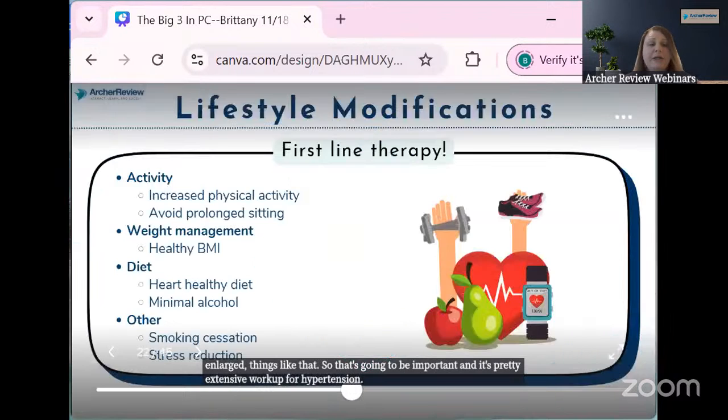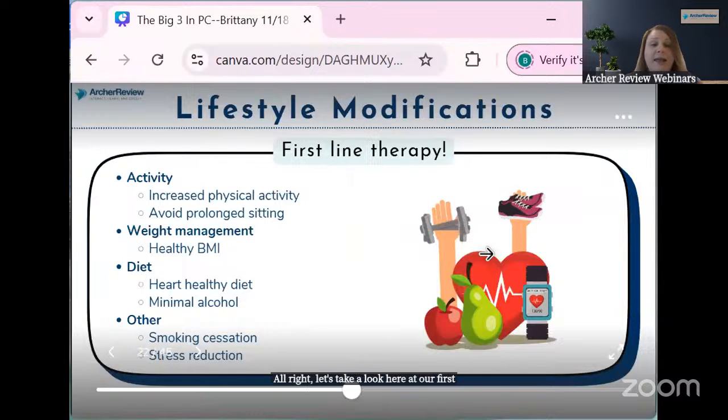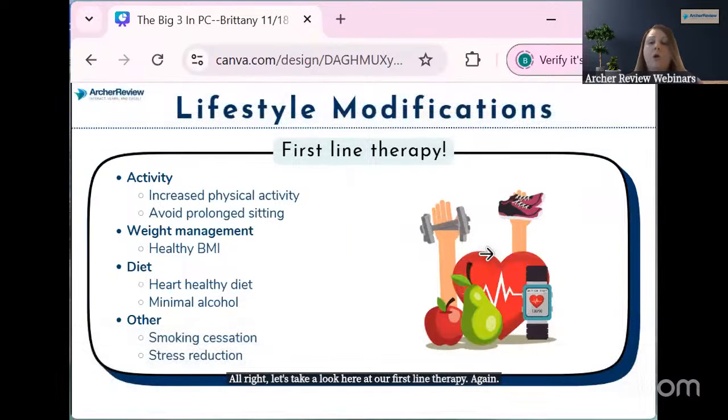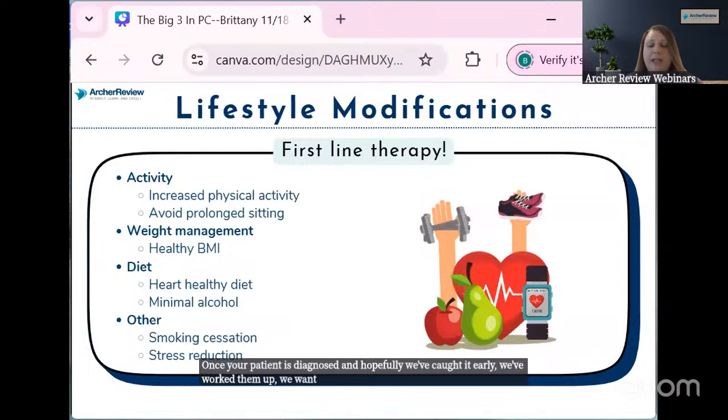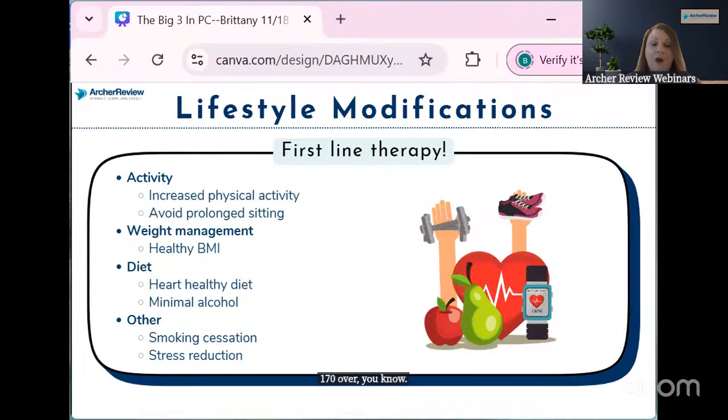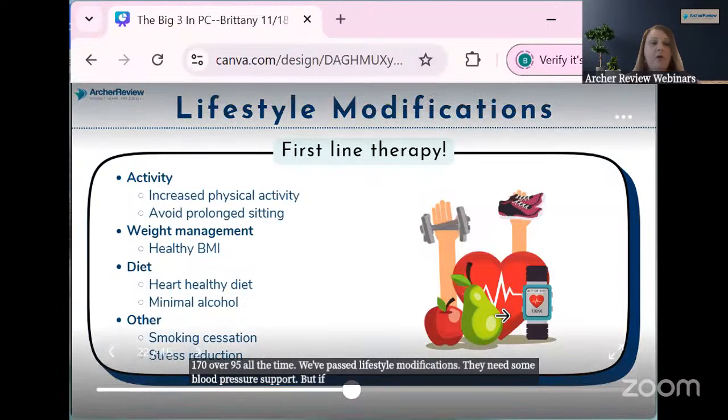All right, let's take a look here at our first line therapy. Again, lifestyle modifications. Once your patient is diagnosed, and hopefully we've caught it early, we've worked them up, we want to discuss management with our patient. And again, this is going to be based upon what their blood pressure is reading. If it's 170 over 95 all the time, we've passed lifestyle modifications. They need some blood pressure support. But if we're catching them at that 142 over 89, and they're right there at the borderline, we might be